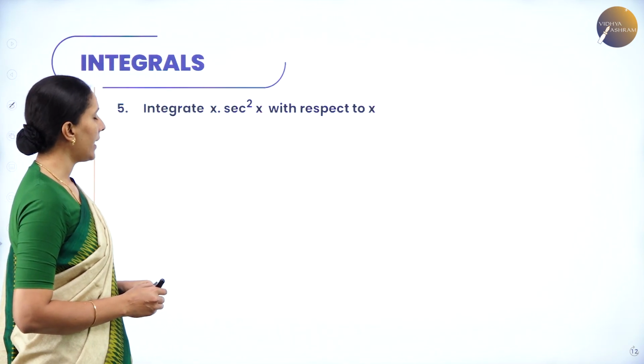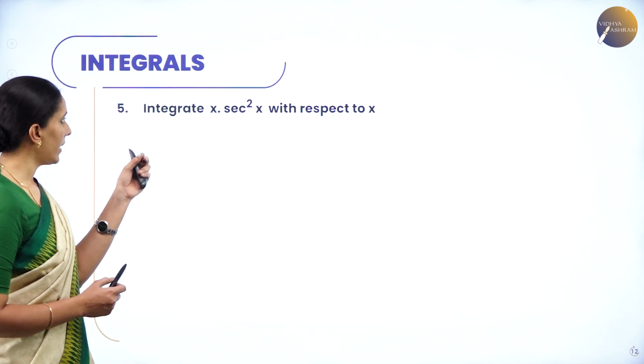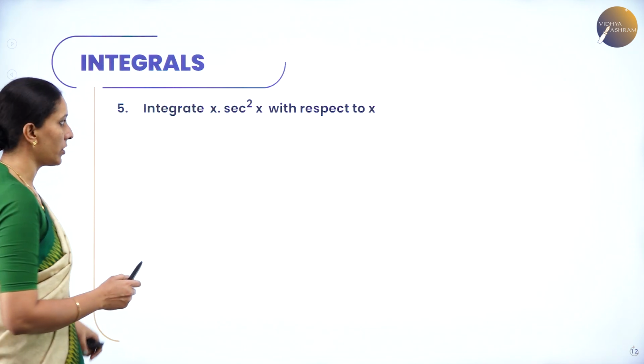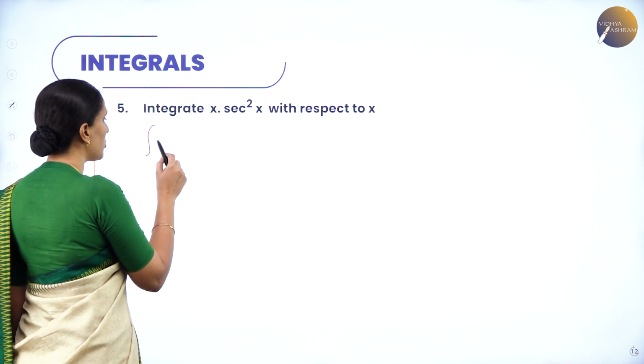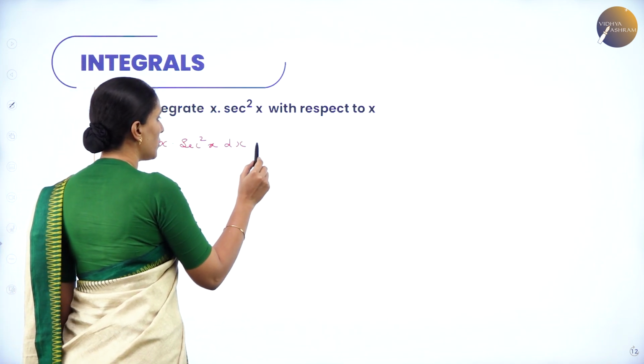Next, integrate x into secant square x with respect to x. So integration of x into secant square x, it's a product function. So we'll apply integration by parts here. So integration of x into secant square x dx, using the rule